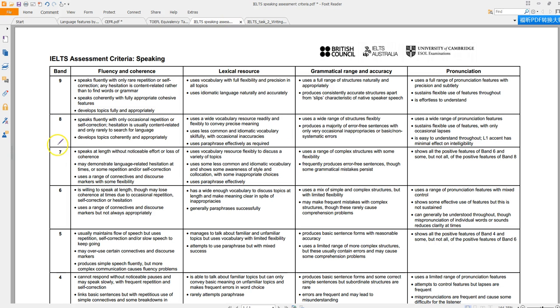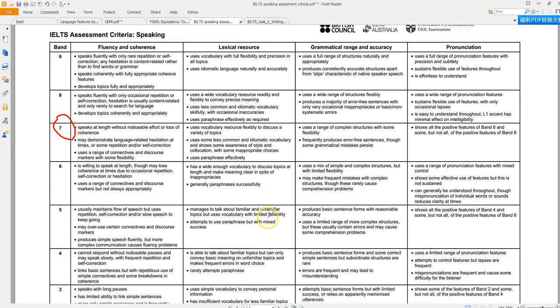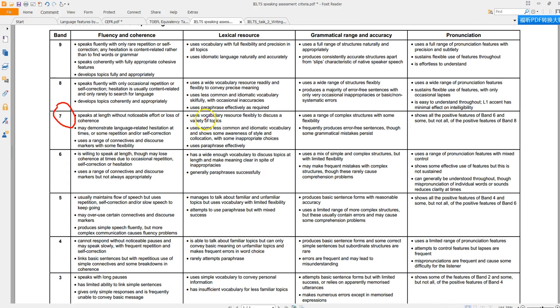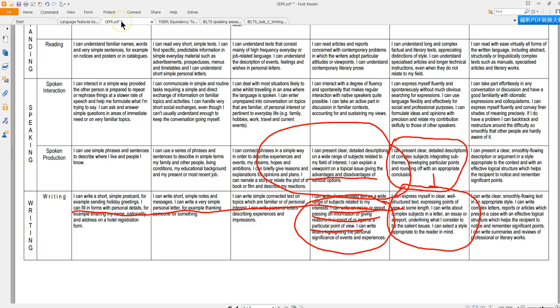For the speaking assessment too, if we take a look, you've got all the positive features. So pronunciation, that's one thing, yes, the grammar. But if we look at this too, vocabulary resource to discuss a variety of topics, you have to paraphrase, some awareness of style and collocation, idiomatics, etc., a range of connectives and discourse markers, speaks at length without noticeable effort or loss of coherence. Well, if we refer back to the CEFR,